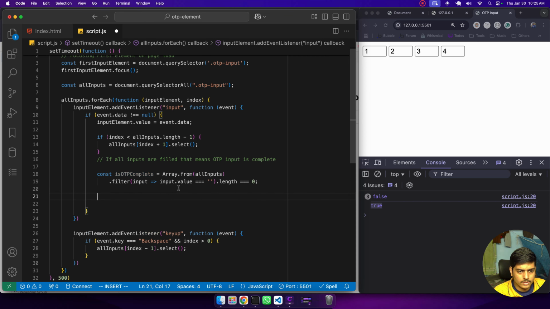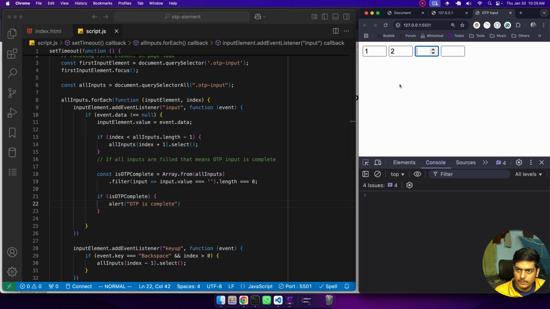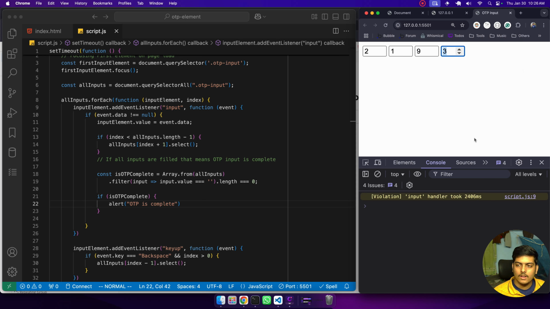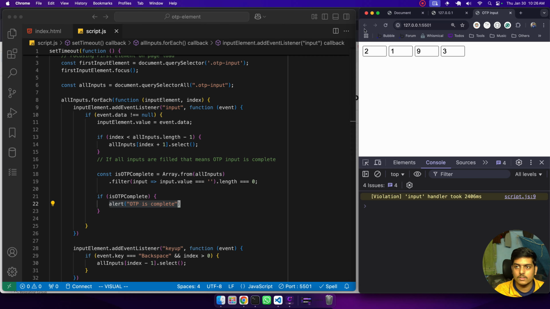So we can use it inside an if condition. So if OTP complete, now I can show the alert, like for example OTP is complete. Okay, and I can do 1 2 3 4, OTP is complete. Now this is foolproof because now if I do 2 3 and then I just put here like 3 and then at last if I put 9, then also it will work exactly fine. Okay, so now this works, but now we can't use an alert function because this is working for here, but